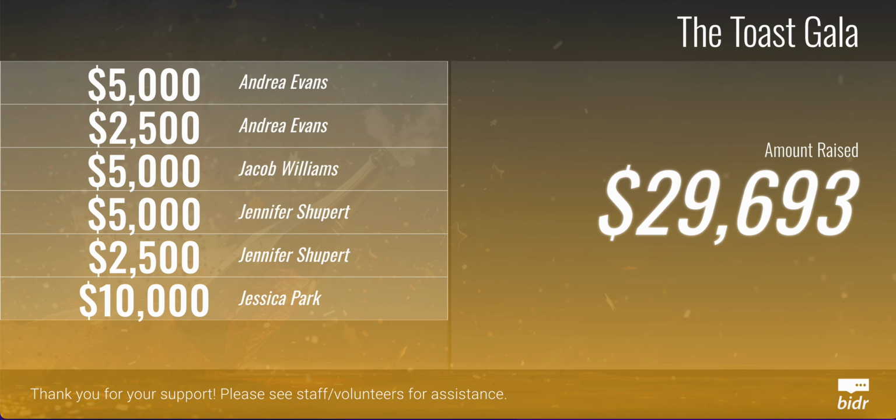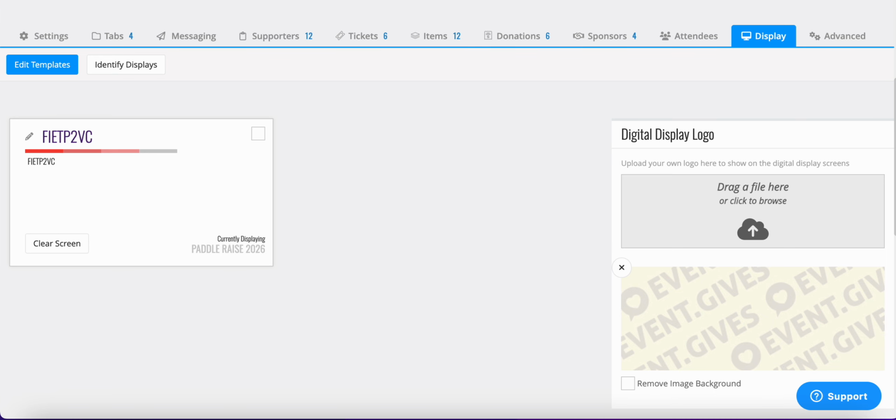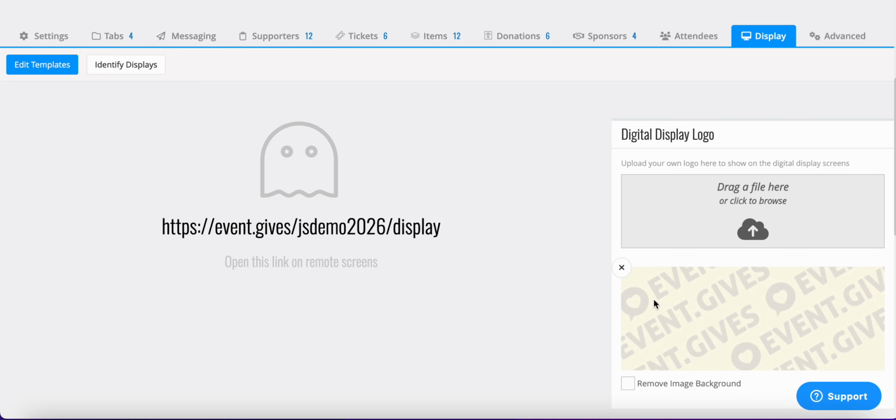And if we head over to our paddle raise here, it shows all of those previous donors and the total amount raised. Now, once you are ready to start a new screen or a new tab showing, we'll go ahead and clear screen. We will cancel out of that window, and you can see that it just brought up a new display that I can then copy into a new tab and select a different template. Now, let's go ahead and create a